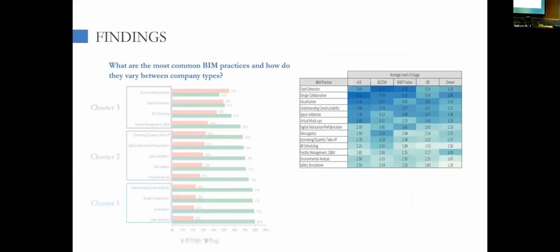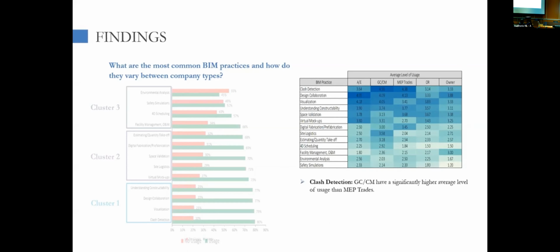Now, in addition to this, the average level of usage of BIM was also broken down by company type, as shown in this heat map. The darker the color means the higher the average level of usage of BIM. Now, we performed a statistical analysis to try and understand if this average level of usage varies between one company type and the other. We saw that the level of usage is mostly similar between companies, except for the following